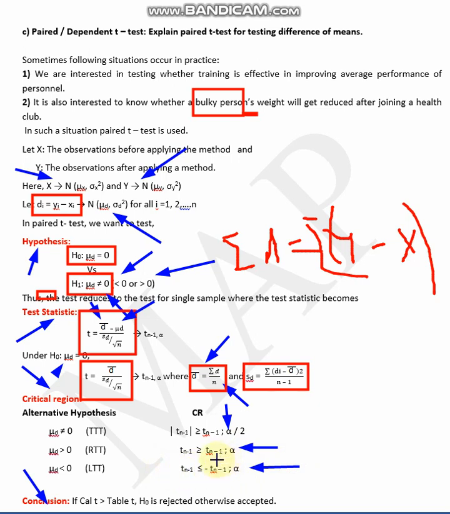Just what we have to do in this case, the n minus 1 should be my degrees of freedom. So that means 1 degree of freedom should be lost, because we need to reduce the value of n by 1, as